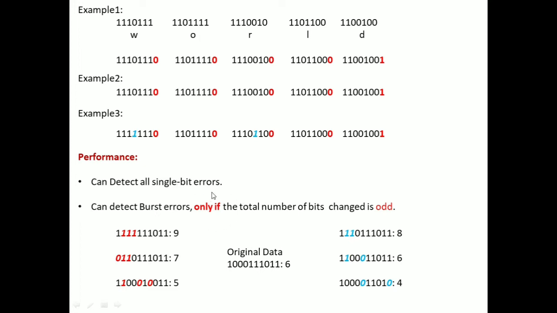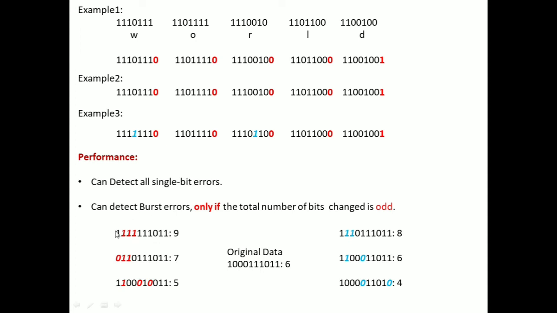That is, let us take an example. This is our original data. So see, this is 1 0 0 0 1 1 0 1 1. So what is the total number of ones here? 1 2 3 4 5 and 6. So the total number of ones is 6. Now we are going to follow even parity here. So now let us assume that this data is being transmitted through the transmission medium. So now here if you see, the first bit is okay. All the other 3 bits, see, these 3 bits are converted from 0 to ones, right? And all others are okay.